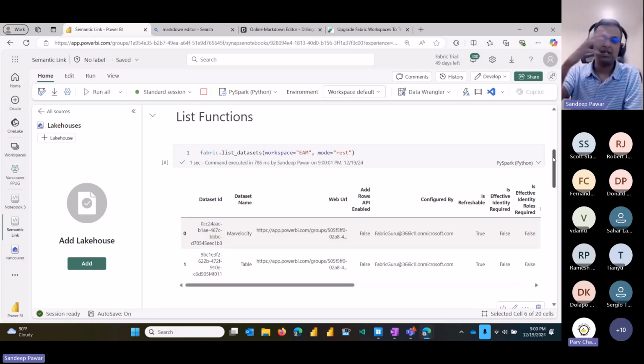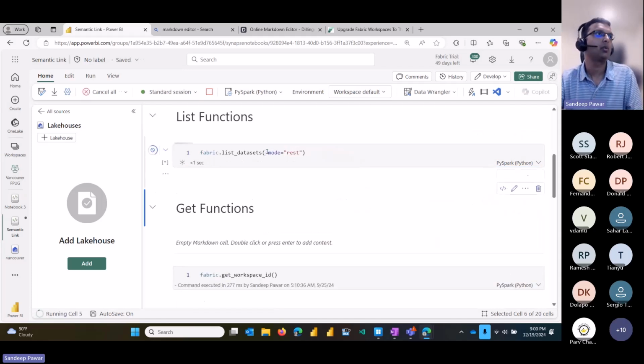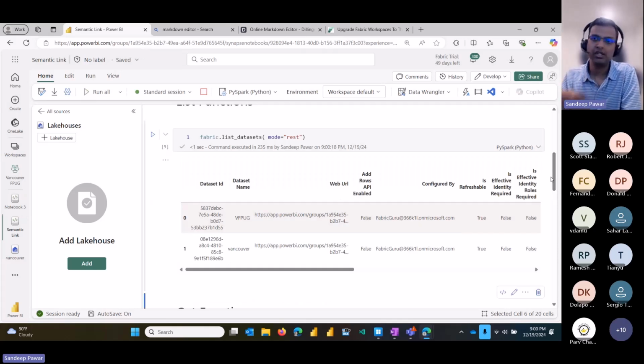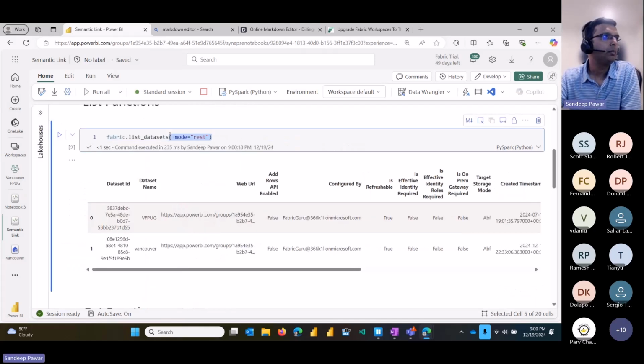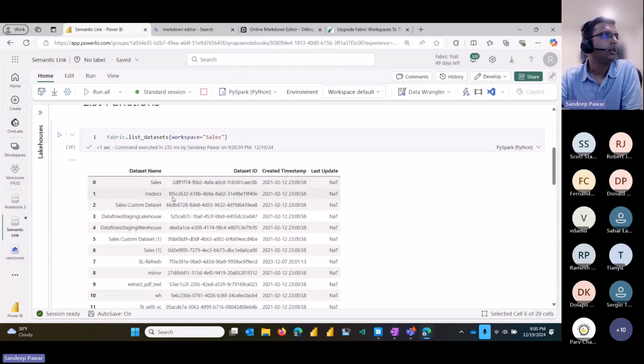If you want to make it more flexible so that you can use it across the board for everything, you should always use mode is equal to REST. It will work on the other workspaces too, whether it is XMLA, non-XMLA, premium, non-premium, whatever. When I specified list datasets, let's go back to the default here, and let's just say workspace is equal to sales. Notice that I got 1, 2, 3, 4, right? Only 4